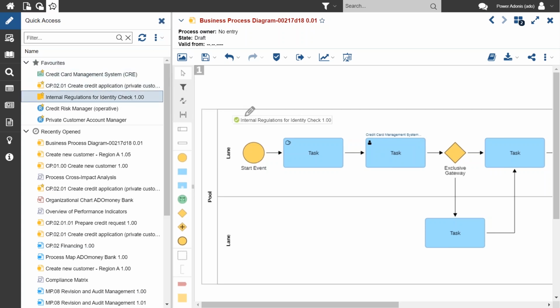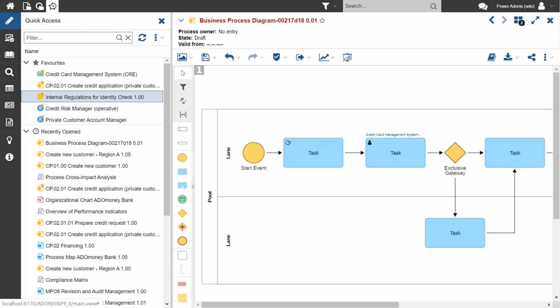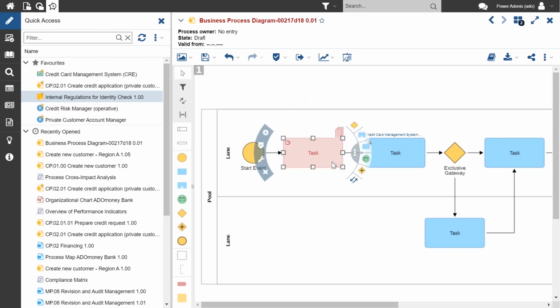For example, maybe a document is required for this particular task here. Again, dragging and dropping, I choose the relevant relationship, and I'm having that icon appear up here. That also works for roles. Just as a bit of a change, let's open up the notebook of a particular task,